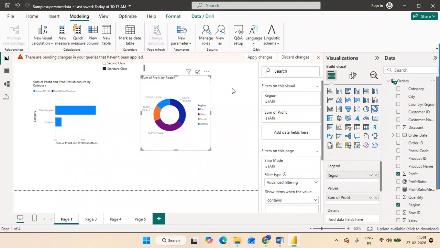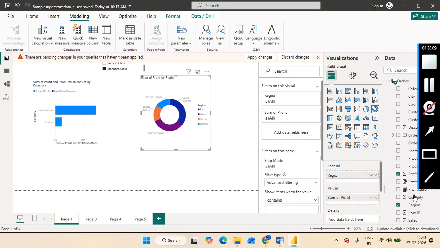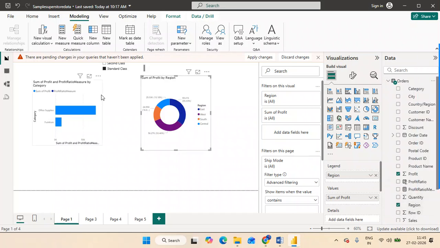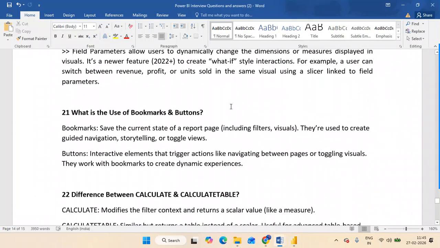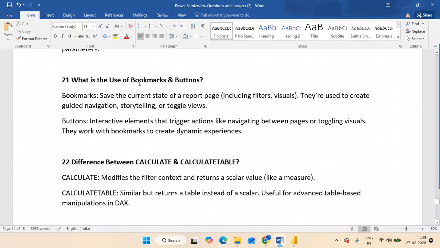When I select subcategory, the visualization should show subcategory wise sales. When I select region, the data should show by region. So it has to represent dynamically, so we can create a field parameter and use these field parameters. Okay, just go through the recordings, we have already created it.